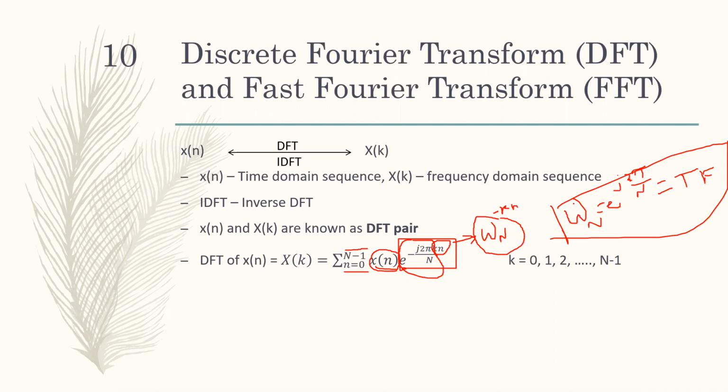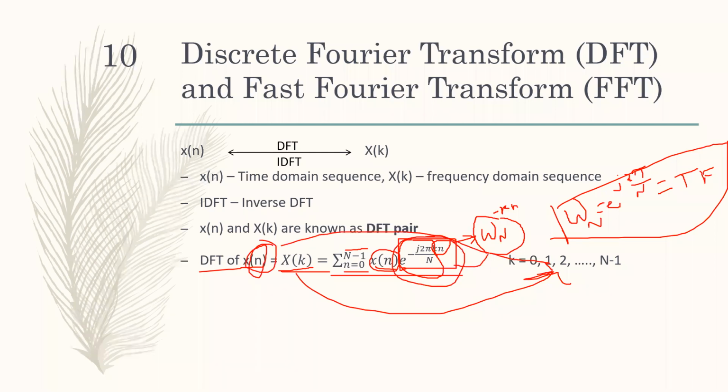There are some properties of this Twiddle factor. In this case, we are not looking at those. We'll just see what DFT and IDFT are, and how they are applied for the fast Fourier transform. So here, the DFT of the sequence x of n, that is X of k, is obtained with this equation. One thing to remember is X of k will have N number of samples and it is periodic. Even x of n has N number of samples, and it is also a periodic signal. And this term gives rise to what is known as the Twiddle factor, given by the equation we have written over here.